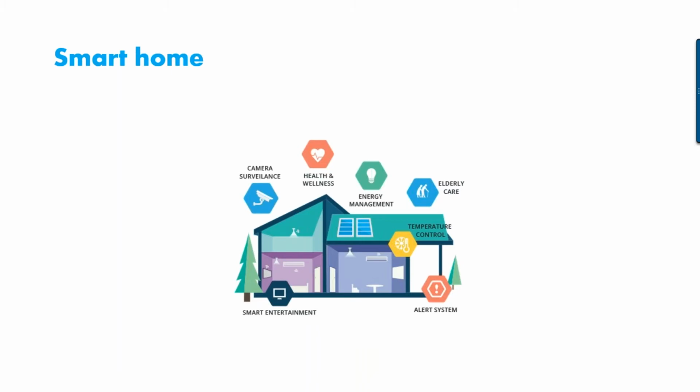And just finally, the smart home, which I know is an issue that a lot of people interested in assistive technologies are looking to develop and promote. And as you can see there are many kinds of digital technologies that can be involved in the smart home. So from the digital camera surveillance of people's movements around the home, health and wellness related to things like wearable devices and patient self-care devices that they might be using to monitor chronic health conditions. Even energy management can be part of the smart home, elderly care, so the various sensors that can be put into the smart home to monitor the movements of and the health levels of older people.